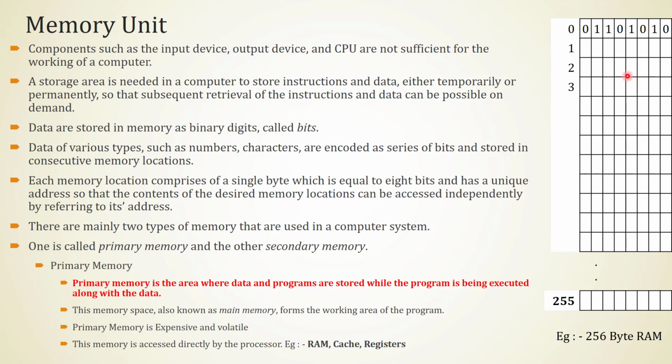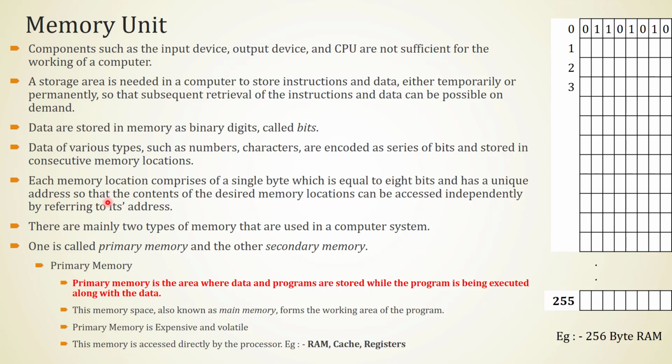Whenever you hear about a memory location, the first thing that should come to your mind is that it contains a single byte, or can store 8 bits, and has a unique address. These 8 cells grouped together have a unique address. The address is to identify that memory location, similar to your home address identifying your home location. Similarly, a memory address identifies the memory location. So what's the need of an address?